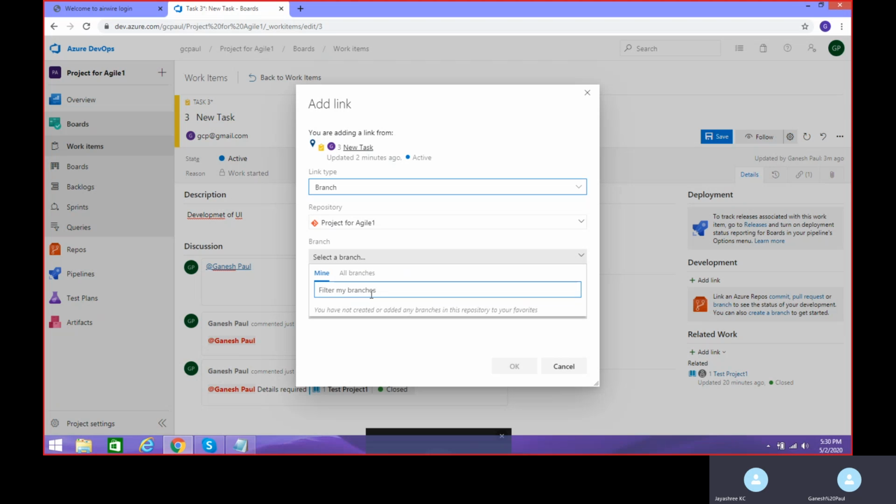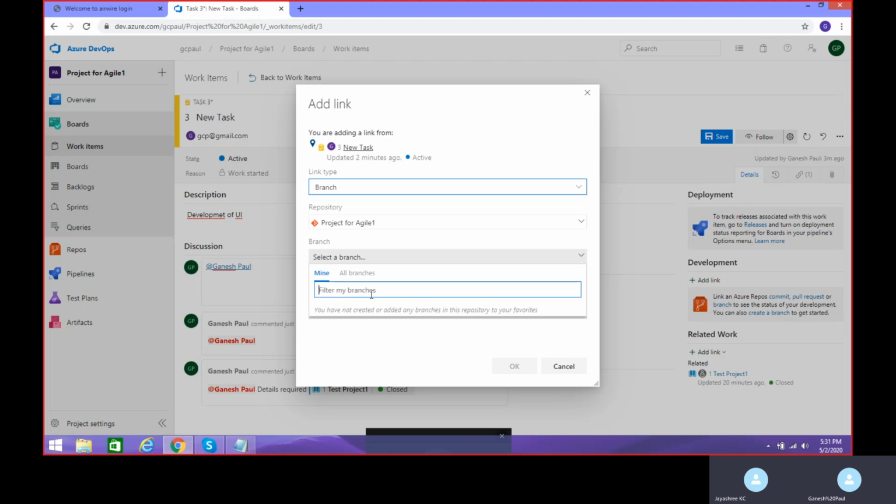But ideally, whenever the developer is creating a new task, he needs to make sure that he has a link for his development branch. We will be seeing how to create a branch and all the branch or repository related questions in Azure Repos.